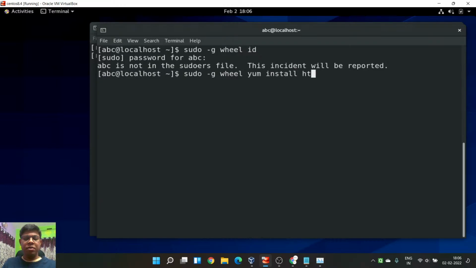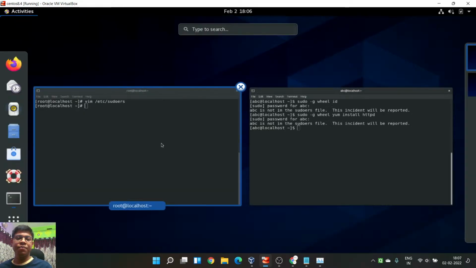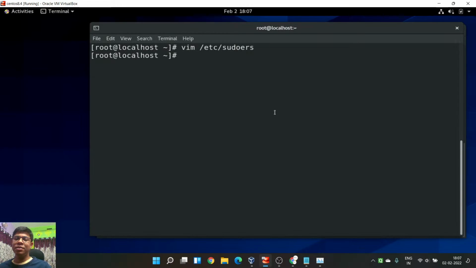If it is not working, there might be some challenges, or maybe I can run, let's say, yum install httpd. abc is not in the sudoers file, but how is this even possible? Because this is there actually. In the wheel group, I added it into the wheel group. So nothing to worry, because there might be some commands I haven't properly typed here. But yeah, this wheel is there. You can pretty easily google it. Definitely you can quickly search how to add user to wheel group, and you can see those things. But it should work.